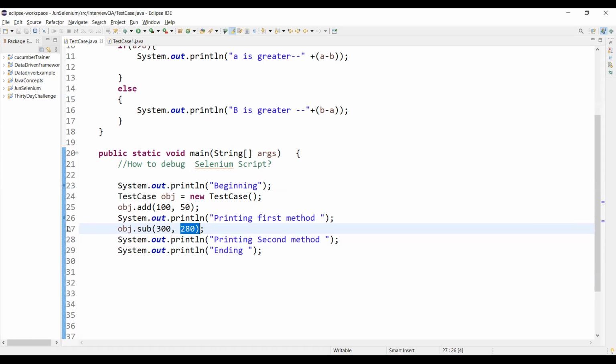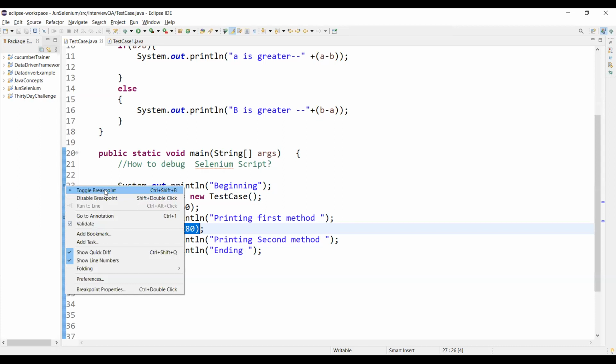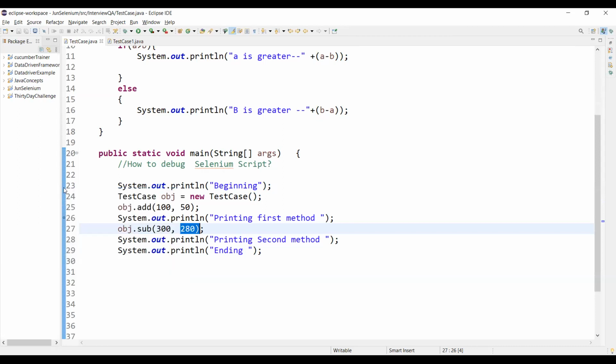This is the way we add a breakpoint before starting to debug the script. If I want to remove it, right click and toggle breakpoint, and it is gone. Otherwise, double click on it again and it is gone. Right now we know how to add a breakpoint.